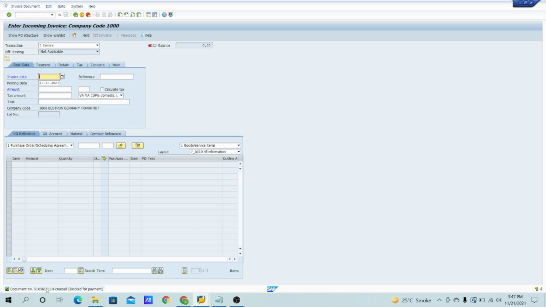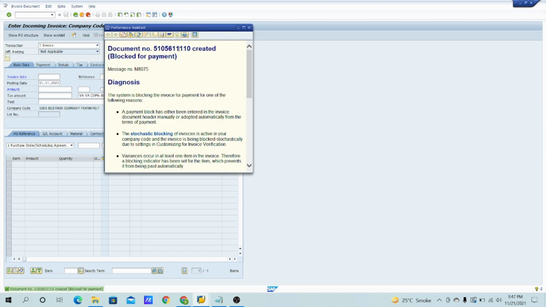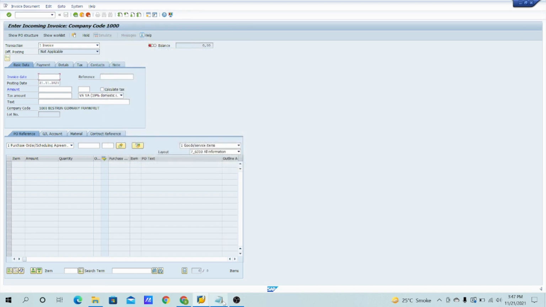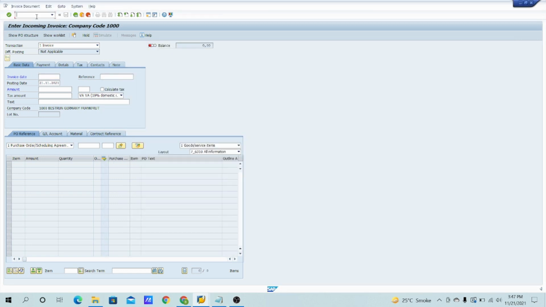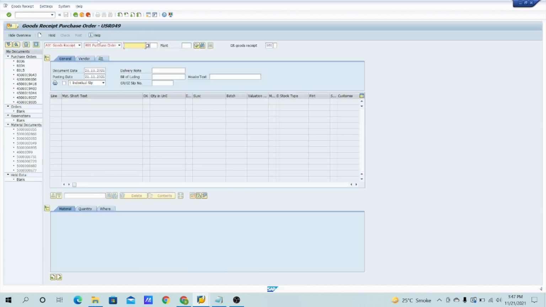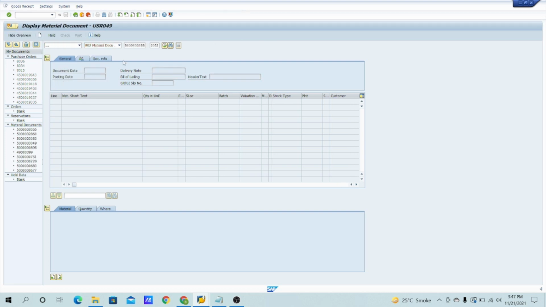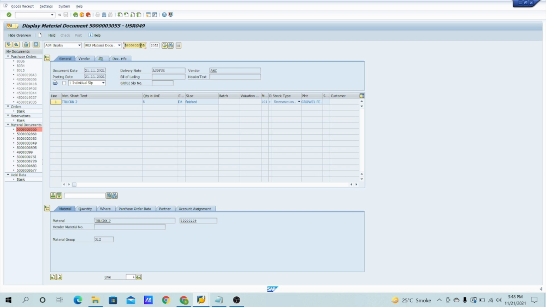One more thing I'd let you know guys, what accounting entries have been generated at the time of MIGO, right? We'll check through the material document. Let's copy the material document from here. Just Control C, go to /nMIGO, display only, the same number, paste.